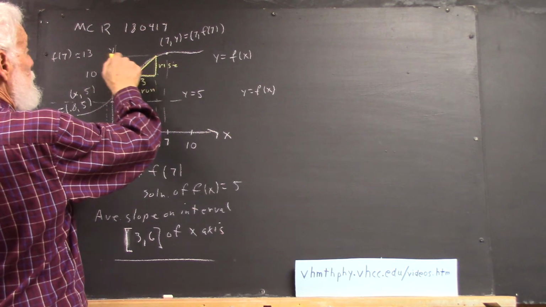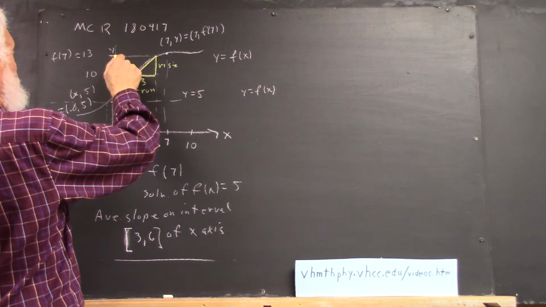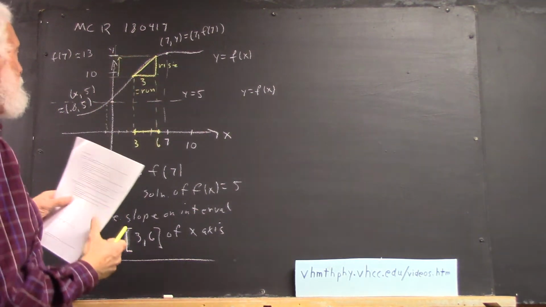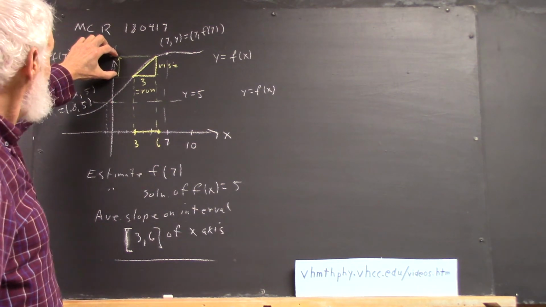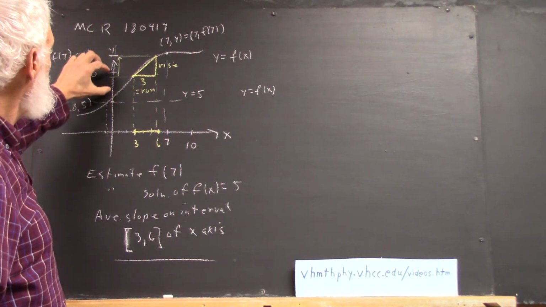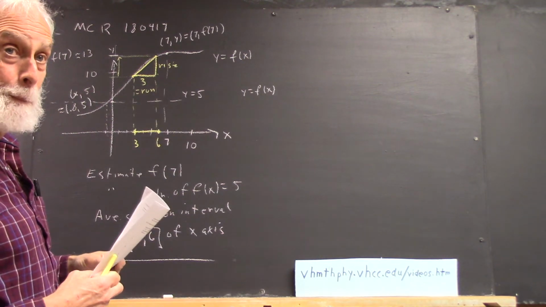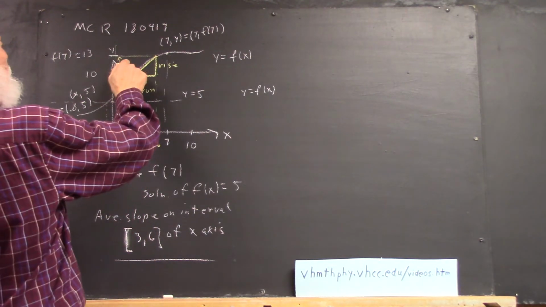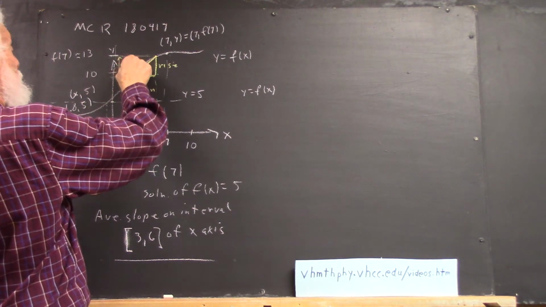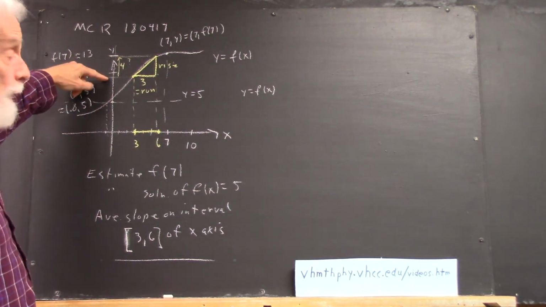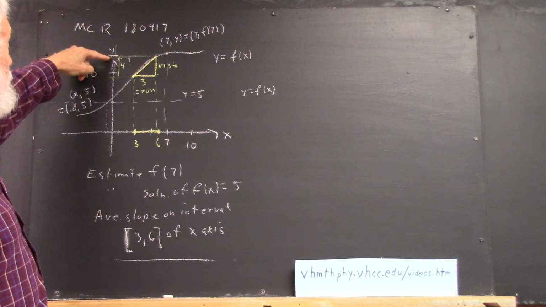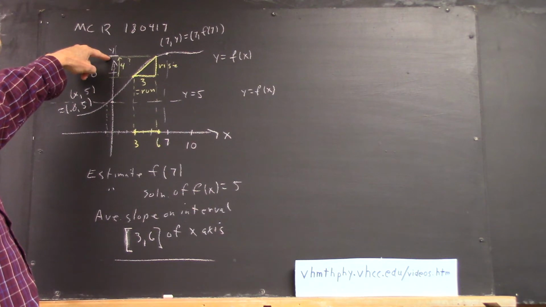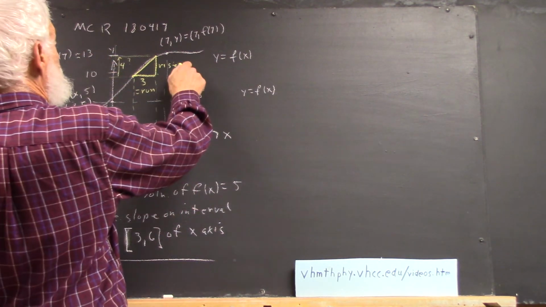Now there are different ways to get the rise. You can just project over and say, well, the rise is from here to here. So how far is that on this scale? And compare that with 10. It looks like we need 1, 2, almost 3 of them to get 10. So I'm going to say that it's either 3 or 4. I'm going to say 4. Put a little question mark. Or I could say, well, that looks like about 9, and that looks like about 12 or 13, so it's 4, right? Okay, so we say rise equals 4,